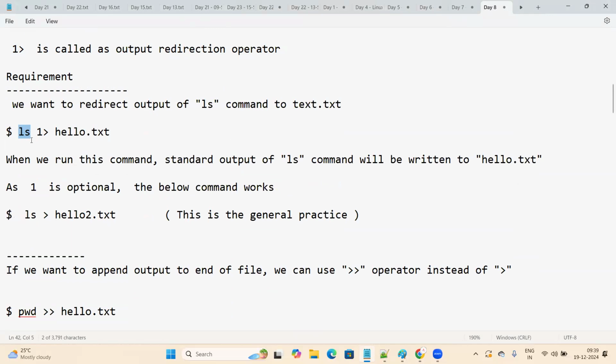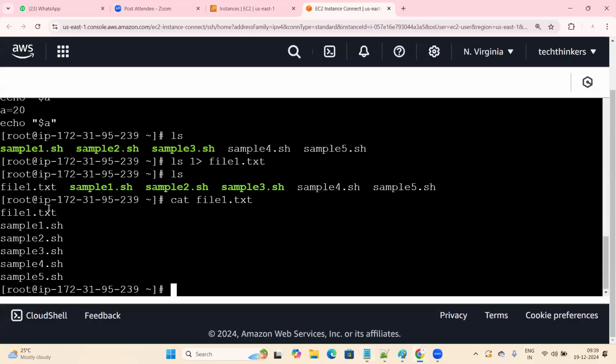Yes, in that application, all the file names will be copied. Whatever file names are copied, yes, in hello.txt, there will be no content. So what is the output of the ls command? Only these file names, right? Yes, yes. Only these file names will be saved into a file called